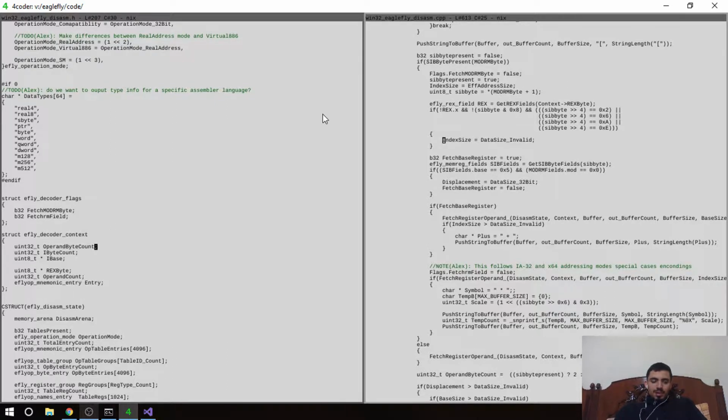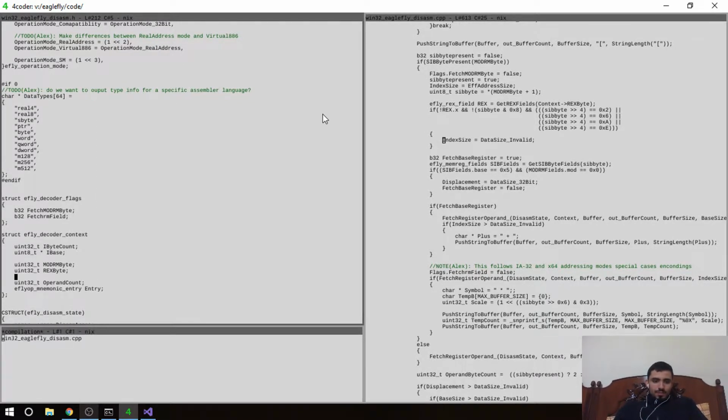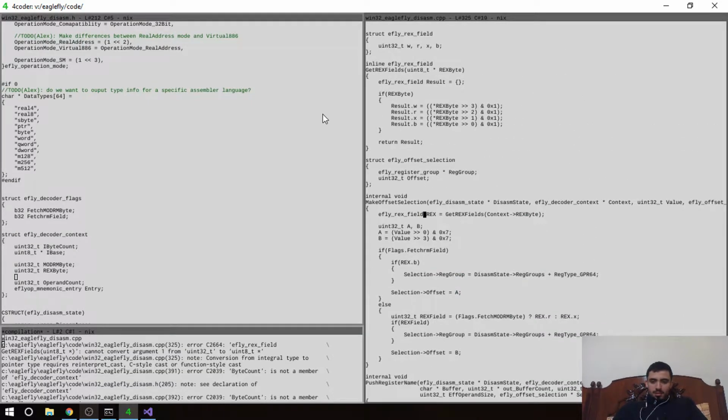Or in fact we don't need that, we just need this. And I'm gonna use this with this to change this as well. So now let's change these two, and then we are gonna set up. Okay, so this is get REX fields. I can just then